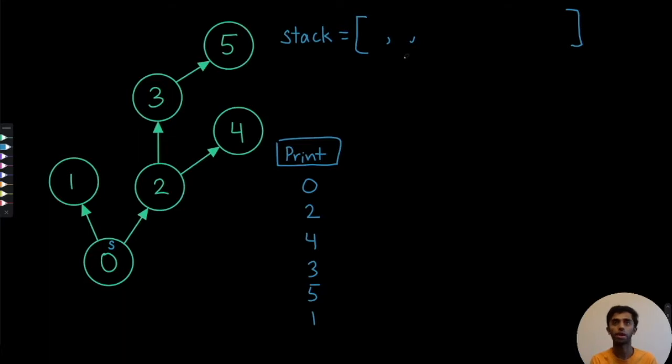So we don't have to add anything. We try to repeat the process, but we realize we have an empty stack, and that's how we know we're done. So if we go ahead and walk through this ordering, if we try to figure out what this really means in our graph,